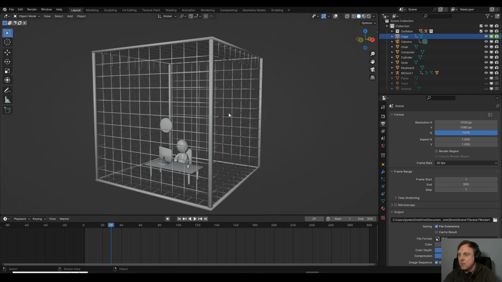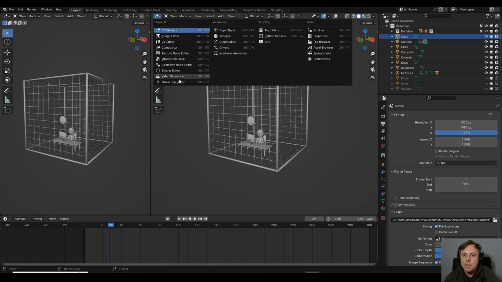Now, there's lots of ways of doing this, so I'd like to hear from you guys in the comments how you would have gone about doing this, but this is how I did it in the film. So first of all, I'm just going to clear those keyframes. What I actually did was, for my cage, make sure you're on the cage, I'm just going to open a new window here, go to the shader editor,